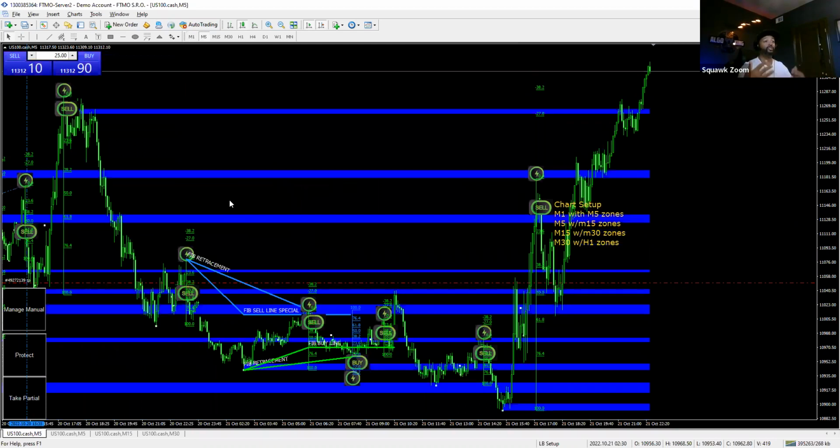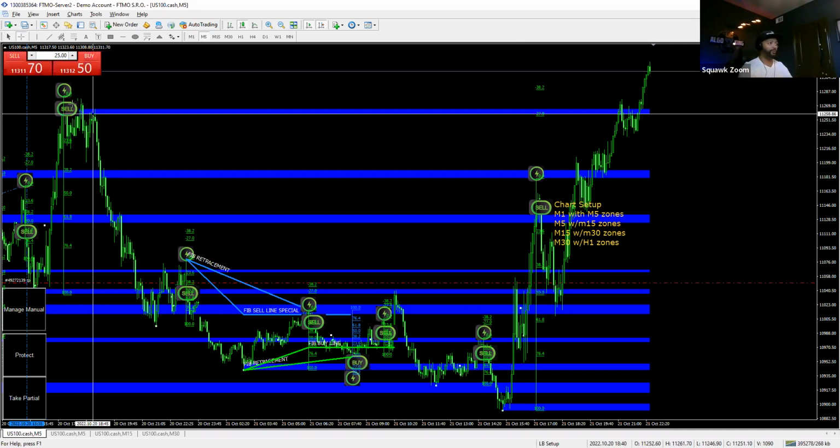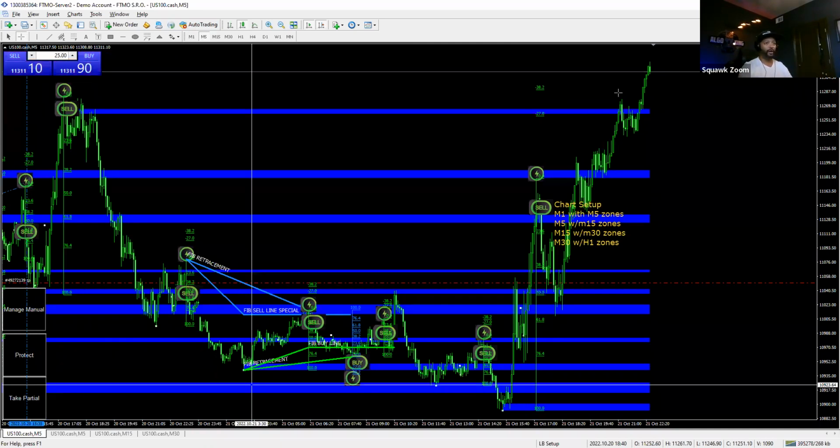So now you see these zones are a lot clearer. For those of you who have done top-down analysis, you know that you've got to start at your higher time frame and you work your way back. So it all depends on how the chart looks and how clean it looks. If you could start to filter and see that it's respecting zone areas, then you know that you pretty much have it on point